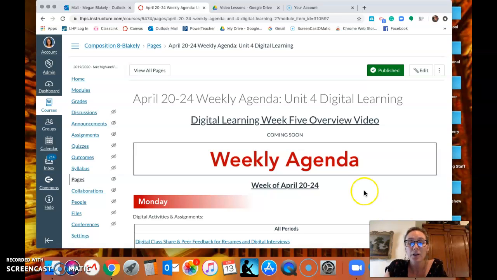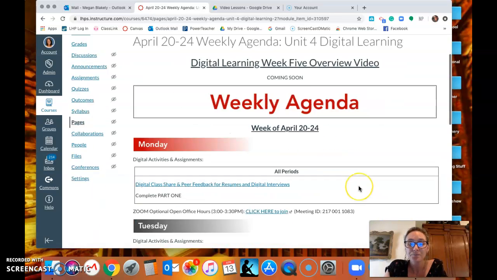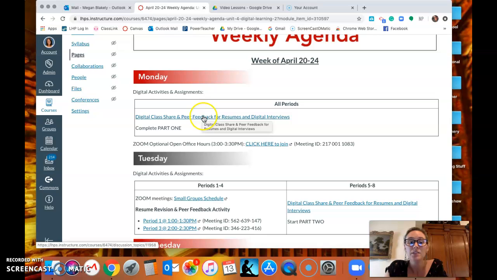Here's how this is going to work. On Monday, you guys are going to open the assignment Digital Class Share and Peer Feedback for Resumes and Digital Interviews. There are two parts to this assignment, and part one is pretty easy, very short, shouldn't take you long. Part two, however, is going to take some time because that's where you're going to be going through and looking at other students' resumes and other students'